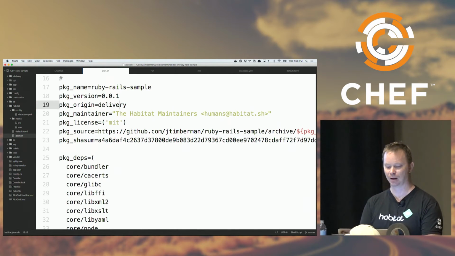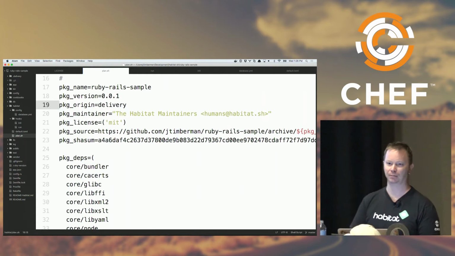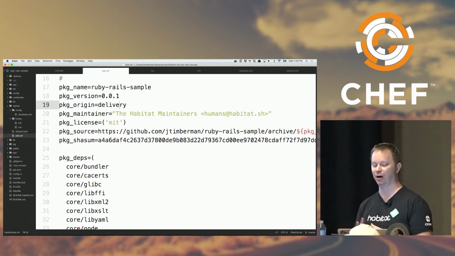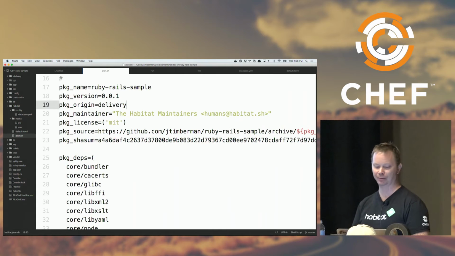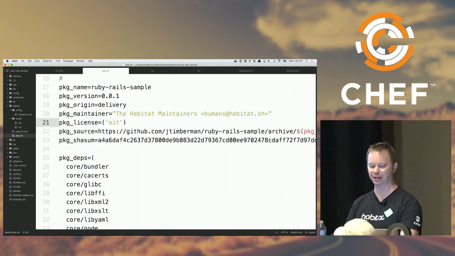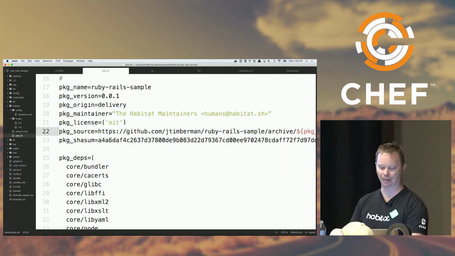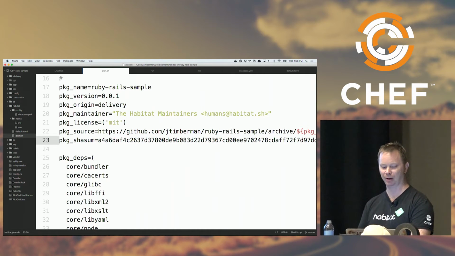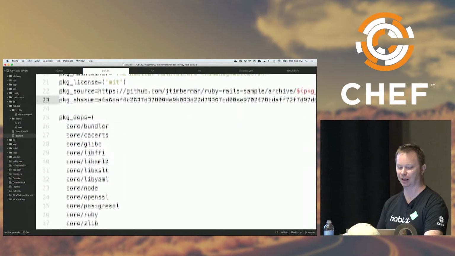I was working with this in Chef Delivery, which is now the workflow part of Chef Automate, so I have the package origin as delivery. The maintainer is the Habitat maintainers. This application itself is MIT licensed. I forked it from a sample that Heroku uses. I download the source from GitHub, and I have the package SHASUM, so I know that file is going to have that SHASUM when it downloads.